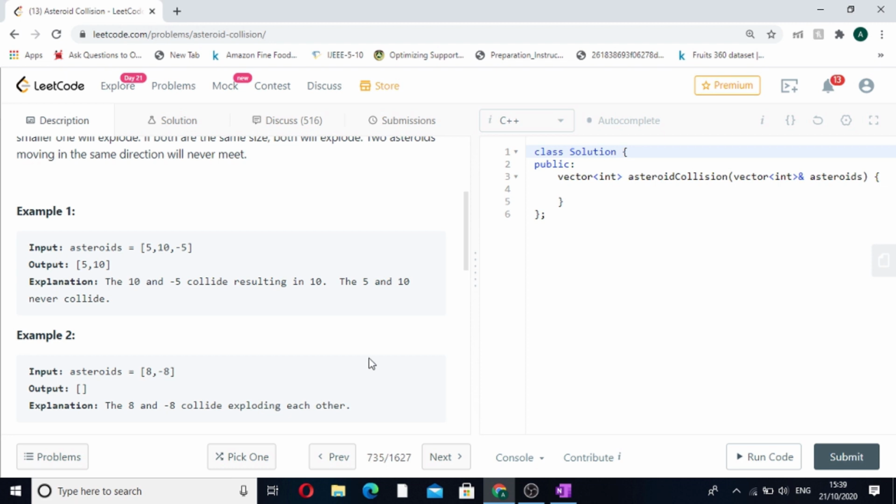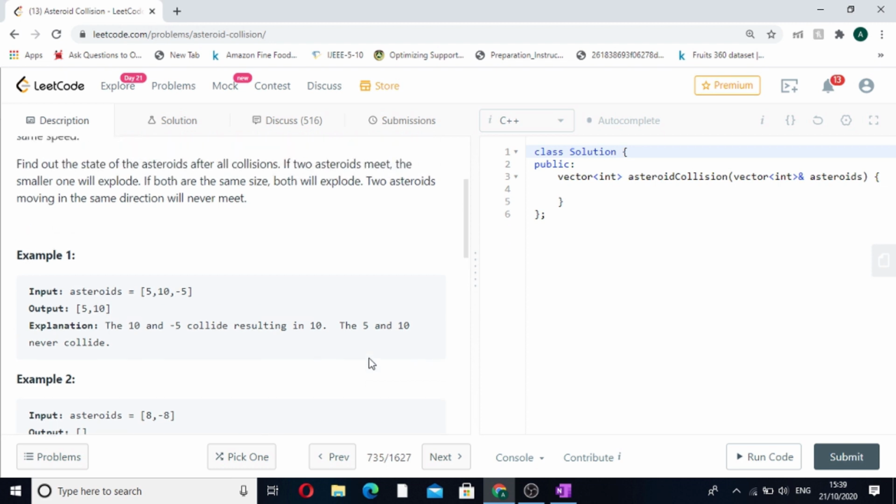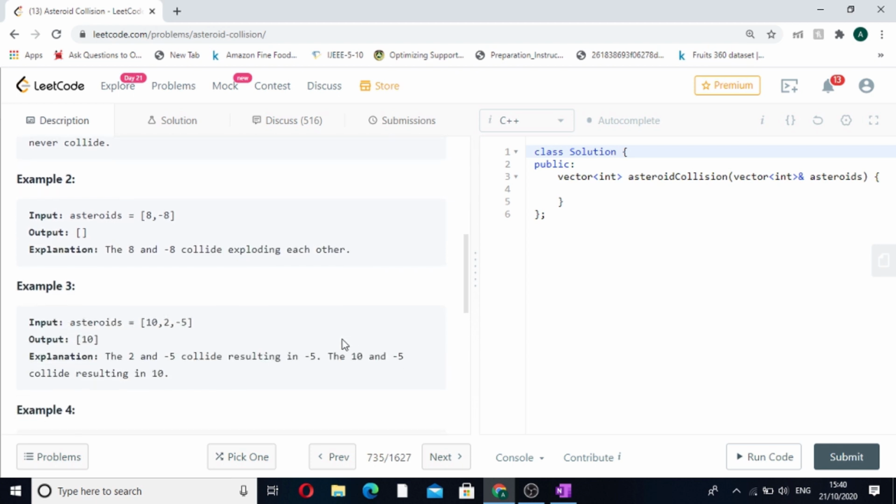Why stack? Because a stack is a very intuitive method. We know that 5 is coming, then 10 is coming, and then the explosion happens. So how will we take note of the last element which can collide with the current element? Using the stack we can easily pop back the last element, make it collide with the current element, and push the result back onto the stack at the last side only. So this is a very intuitive approach. Now let's understand one more example, then things will be more clear.